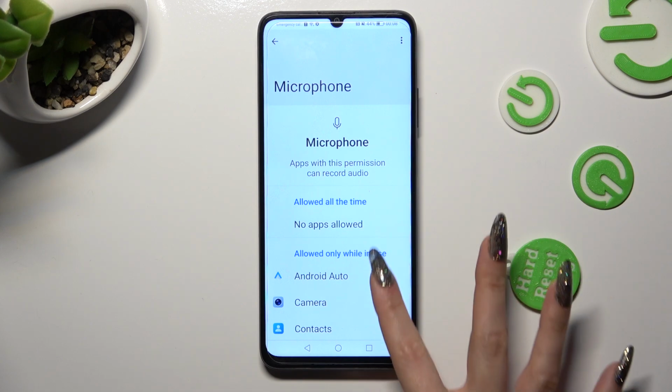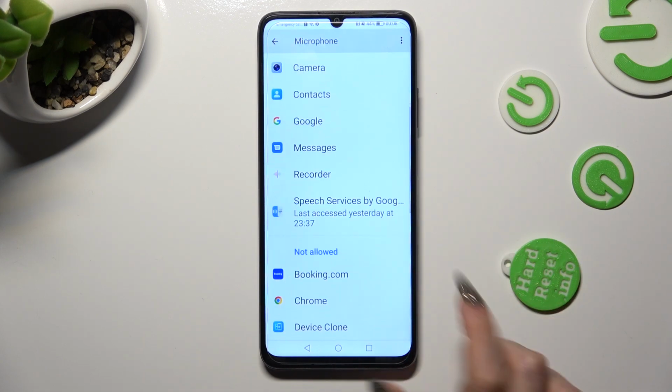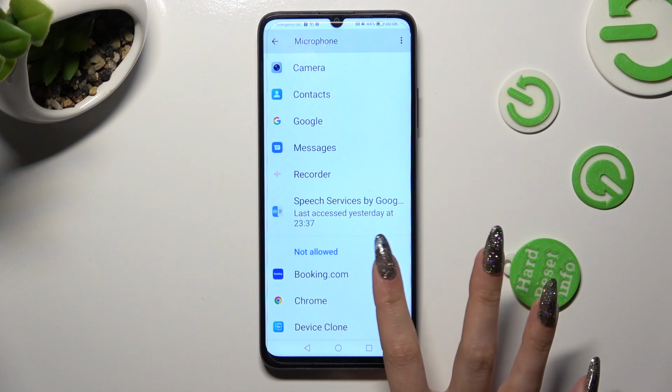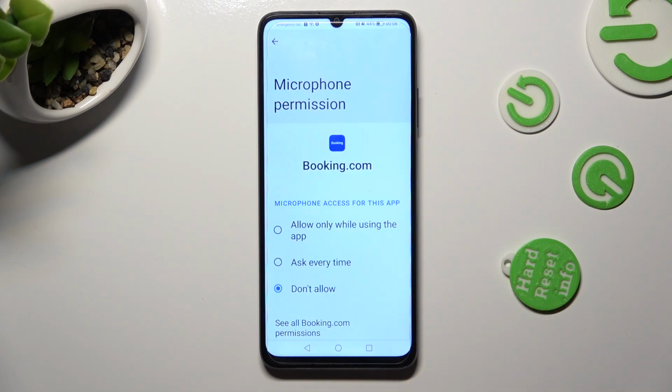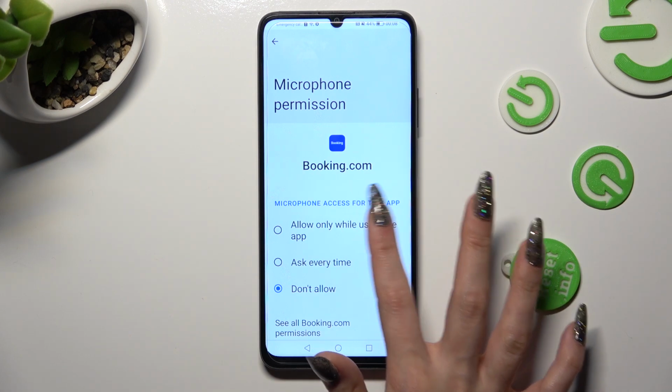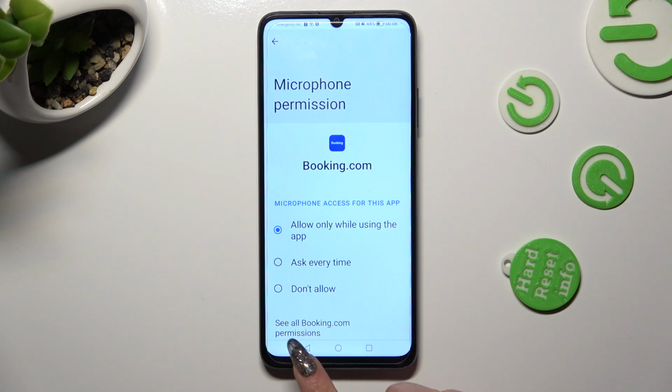Now pick one of your apps, in my case Booking.com. Then apply the best option for you from the list of available ones. Allow only while using the app, ask every time, or don't allow. I will go with the first one, so when I click and go back,